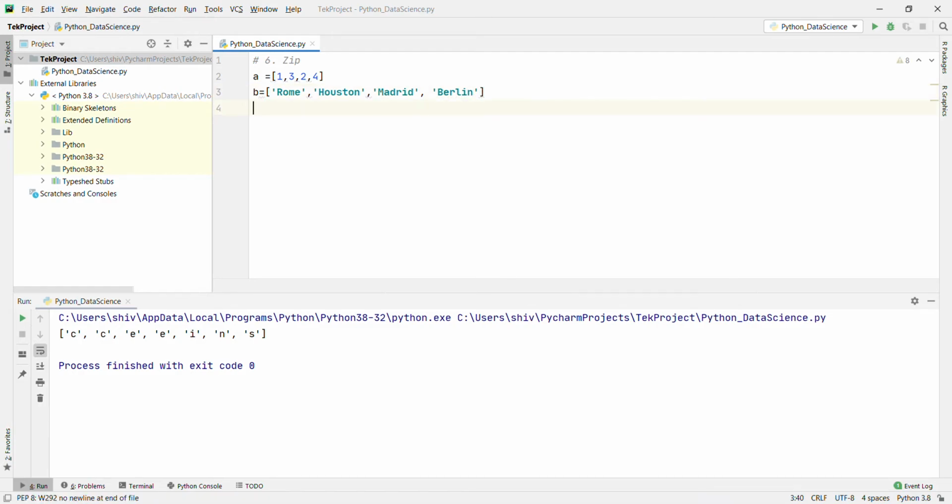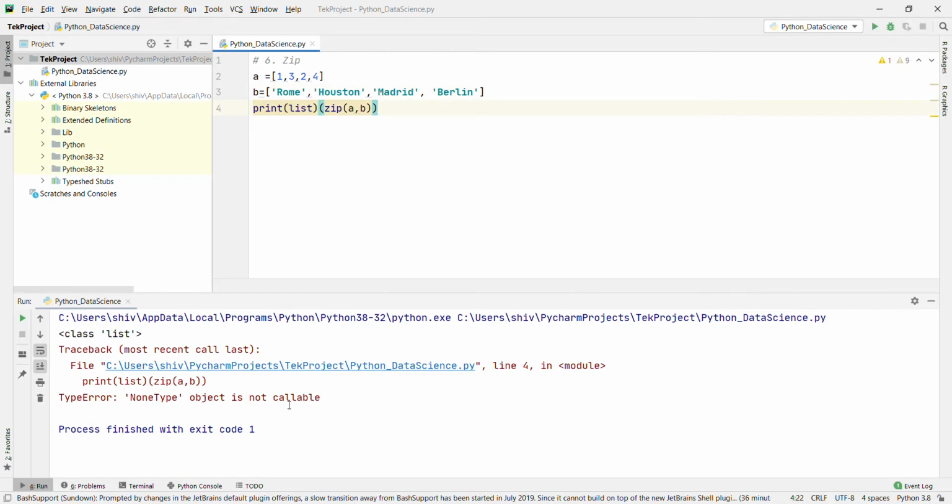Okay, now if you are going to use list with zip, print list of zip of iterables, that is A comma B, then what is going to be the output? 1 with Rome, 3 with Austin, 2 with Madrid, and 4 with Berlin. Okay, this is very important.